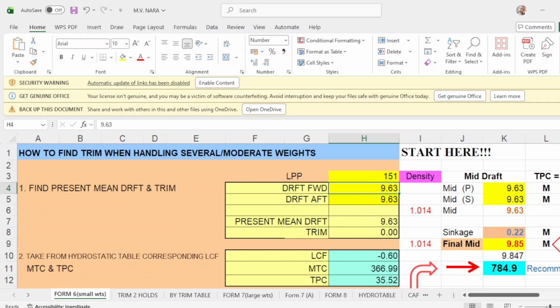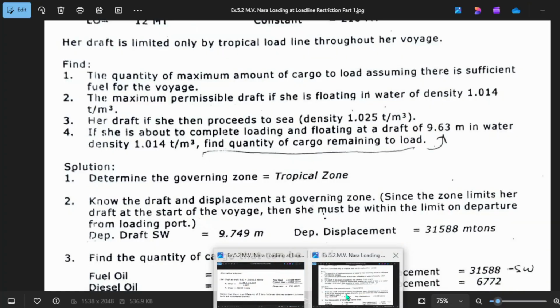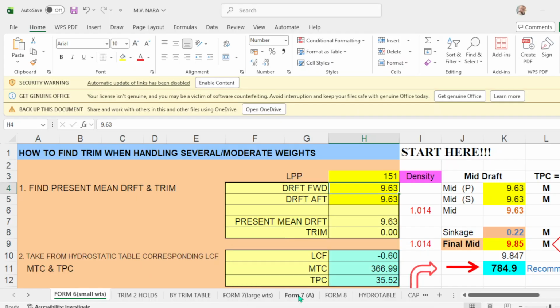So that you, the chief officer, and the draft surveyor will make a draft reading around the vessel so that they can compute the remaining cargo to load for trimming. When you reach the draft of 9.63, you stop loading. Upon completion of the draft reading around the vessel, the chief mate and the chief officer agreed that the forward draft is 9.63.